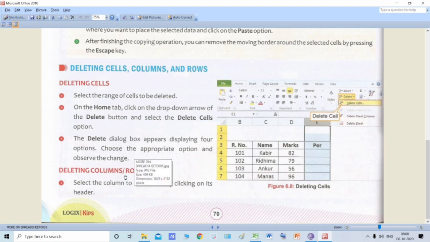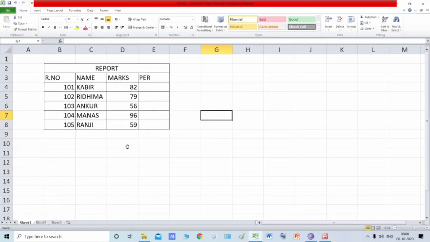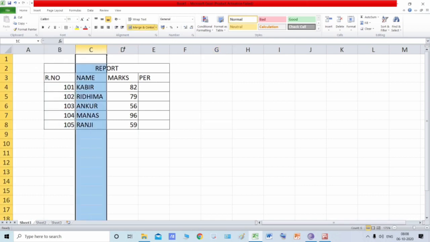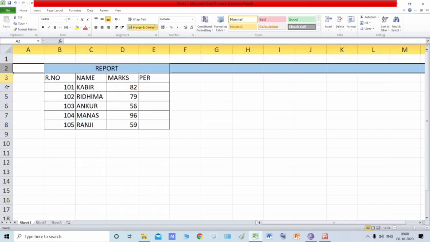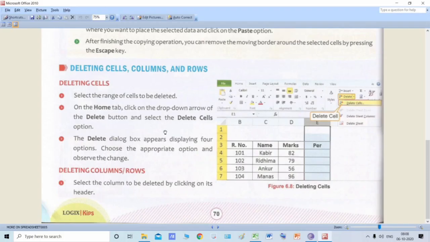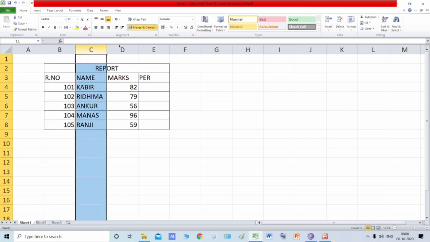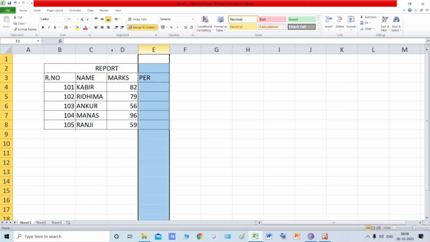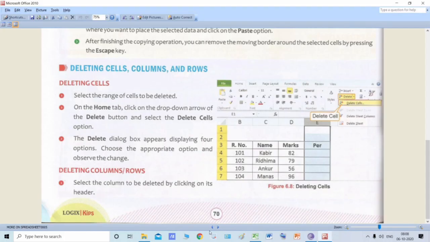Now the next topic is deleting of columns and rows. That means we are going to delete entire columns and entire rows now. So these are the columns, B, C, D, E, and these are the rows, different rows, 1, 2, 3, 4. Select the column to be deleted by clicking on its header. These B, C, D, E are the column headers. So suppose you want to delete this percentage column, what we need to do is